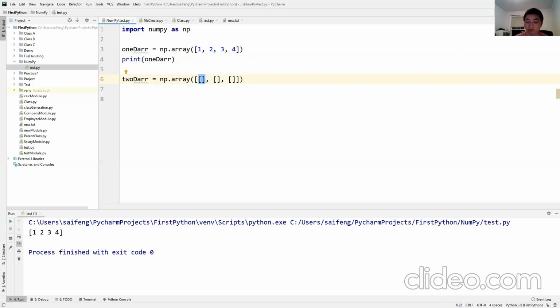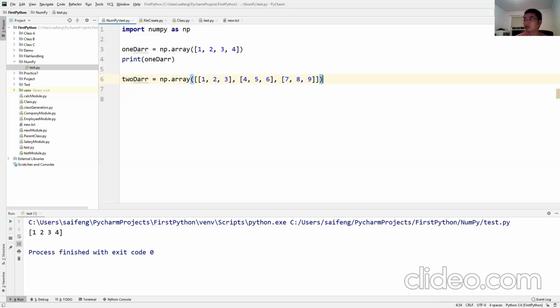You can understand, right? So now, 1, 2, 3. That is my first row. 4, 5, 6. Second row. 7, 8, 9, third row. That's it. I created a 2D array.